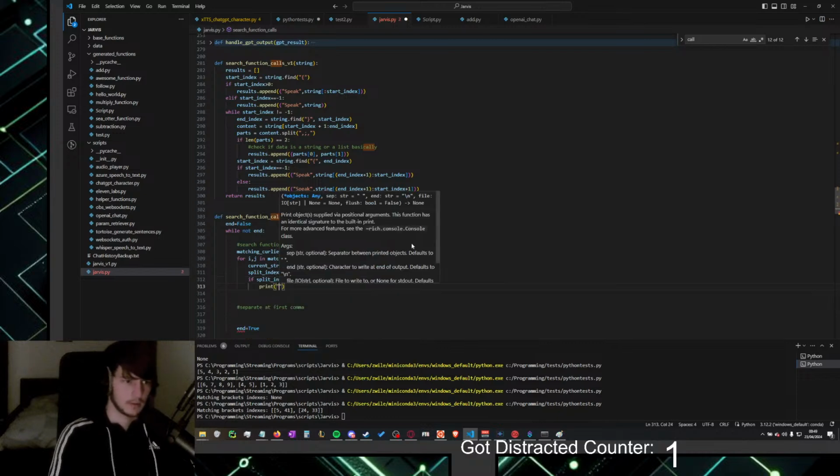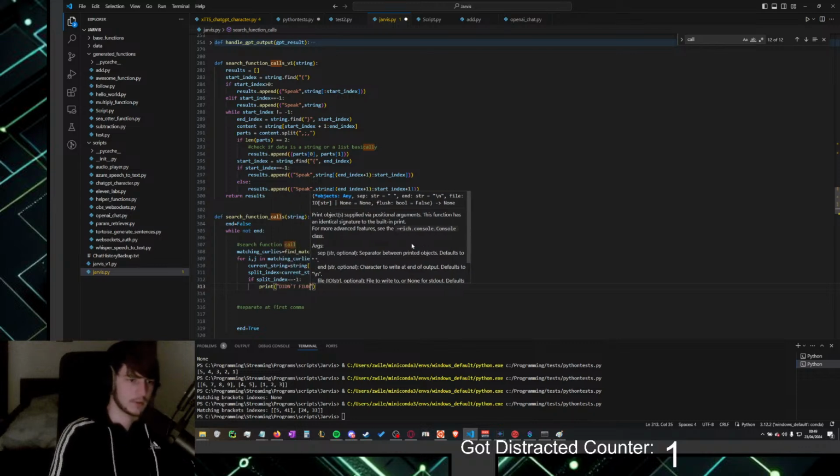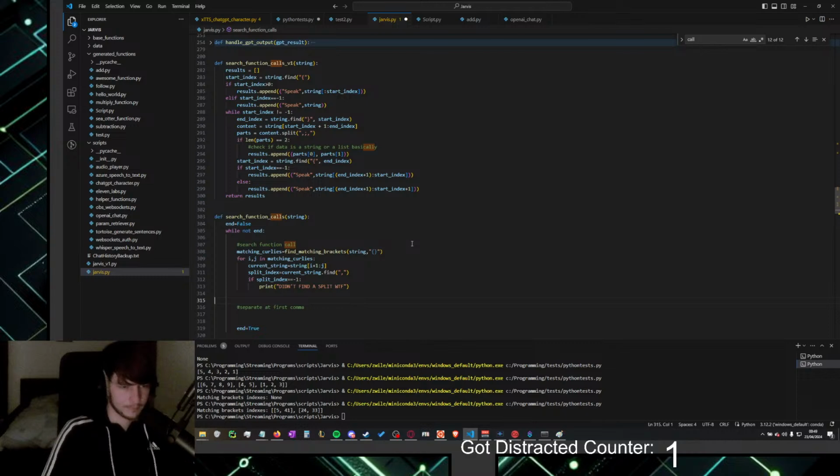Print "didn't find split". What the fuck? Okay. Also printed in red. So hopefully that doesn't happen.